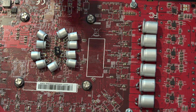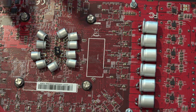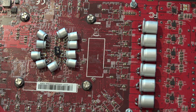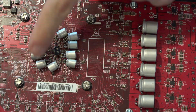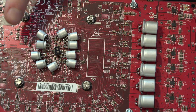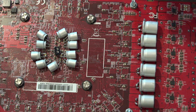On a lot of cards, you'll sometimes see large SMD capacitors right behind the core, but practically speaking, you can't do something like this on a retail card. So anyway, I crammed the 1200 microfarads on. Also, I crammed them on this side of the core because this side of the core tends to have lower voltage. My logic behind that is, on load release, the caps are charged to, if